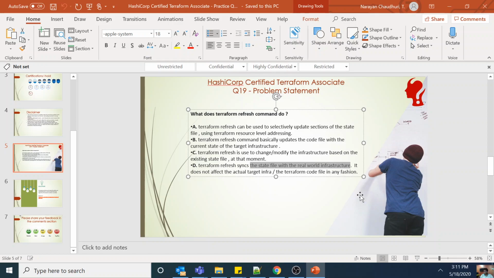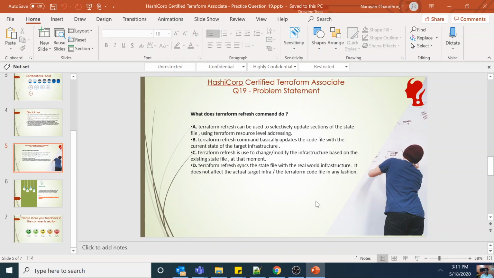So the next time you run it, it will show that the dynamic is being made static, because in your code it is written that the public IP needs to be static, and this is the target state which Terraform wants to achieve, while the current state is dynamic. So it is going to show you that Terraform is going to change the public IP status from dynamic to static, and so on. So this is the concept.